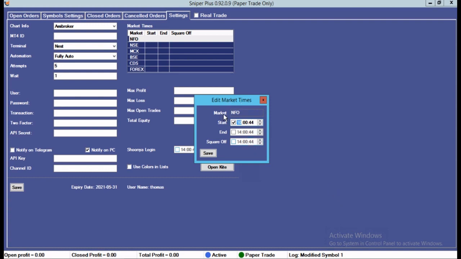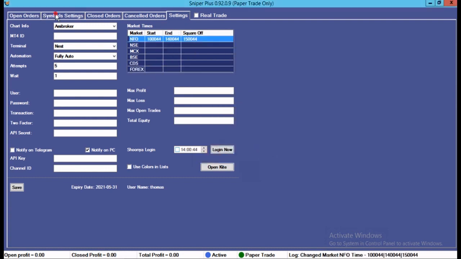Okay, this is important actually. It is not taking the chart time, it's taking the system time. Here it's the same in end call also. Let's keep it at 2 o'clock, the trade gets ended. And here also the software will not take the calls, the positions after 2 p.m. and square off after 3 o'clock. Let's keep it 3 o'clock. If you want to square off all the positions, you can square off.